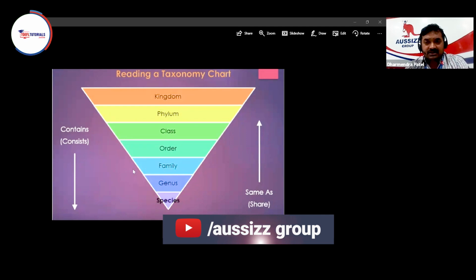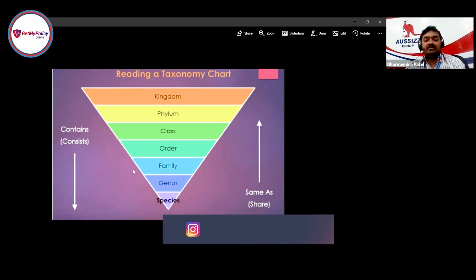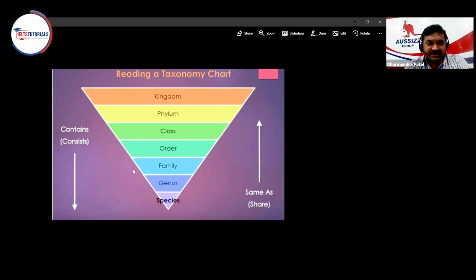In the title, it's written that it has some taxonomy thing. Scientists classify organisms into different groups and species based on the characteristics they share. So what is this? The best way to understand this is called taxonomy. Taxonomy is the classification that scientists use to categorize the species or the organisms, right? That's what it is.